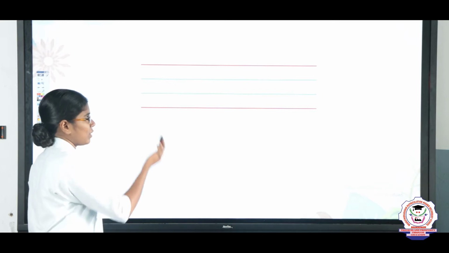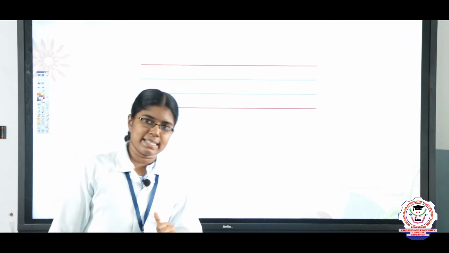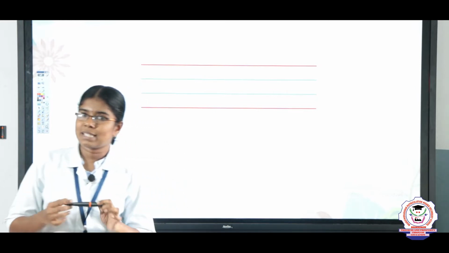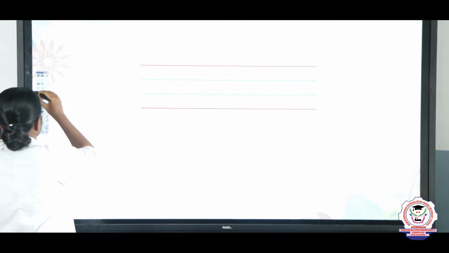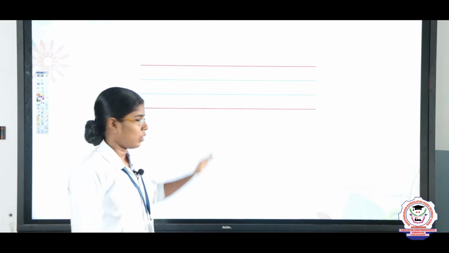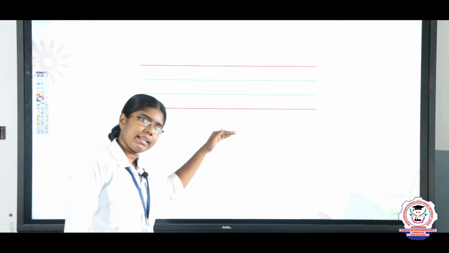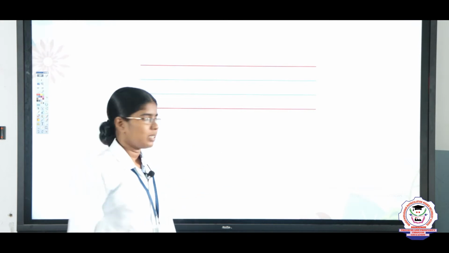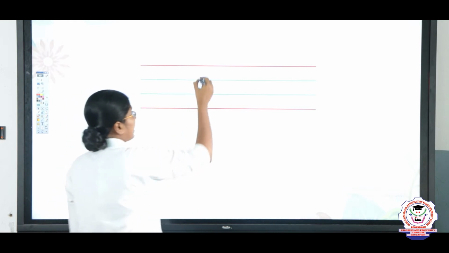See here, we are going to write the letter N in 4 lines now. Okay children, take your pencil and then sharpen your pencil. Okay, get ready all of you. Look at the board. Keep your pencil on the top red line. Okay, there are 4 lines. Top red line, top blue line, bottom blue line and then bottom red line, right? In that, you have to keep your pencil on the top red line, okay?